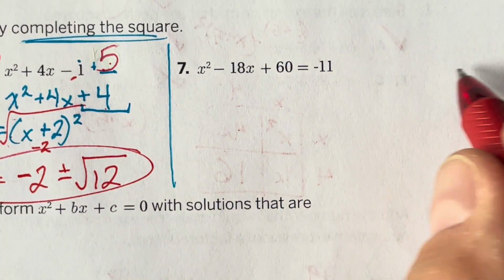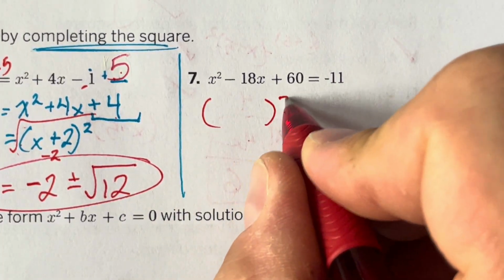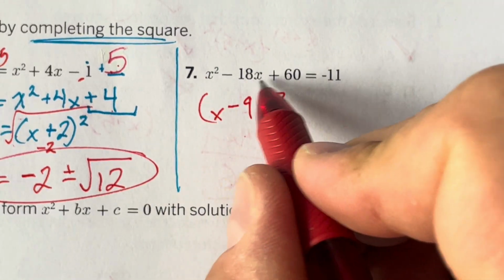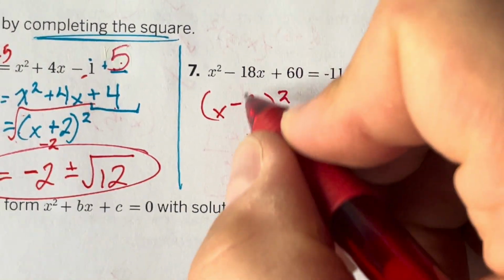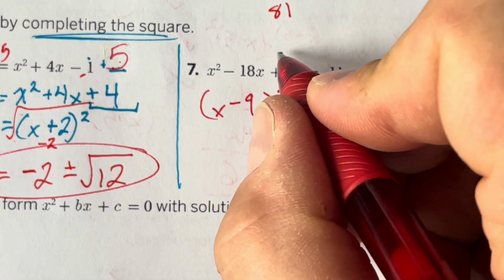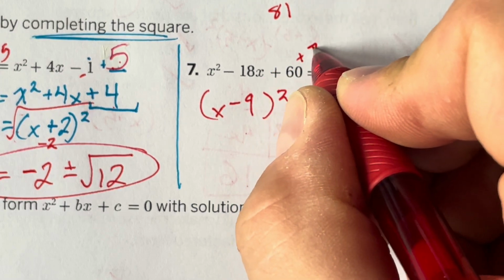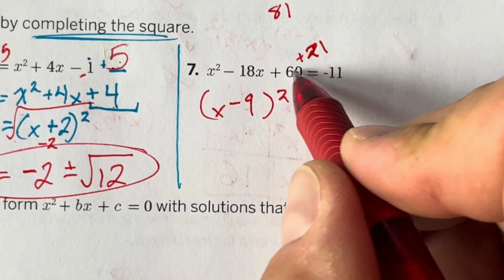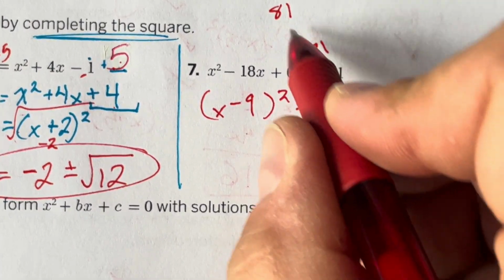Last one. So to complete the square for this, let's think about this. This would be an x minus 9 squared for these two first parts. 9 times 9 is 81. -9 times -9 is 81, but I have 60. So what do I have to add on to 60 in order to make it equal 81? I'll have to add on 21. So I have to add 21 on, and when I do, that gives me the 81